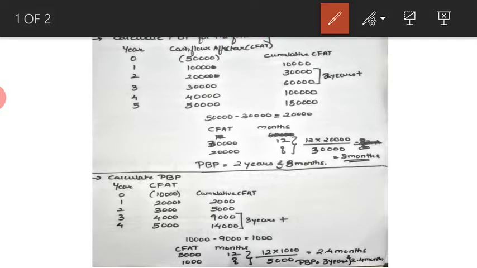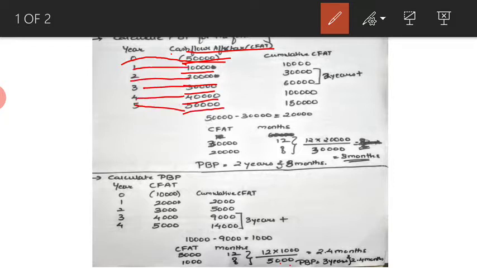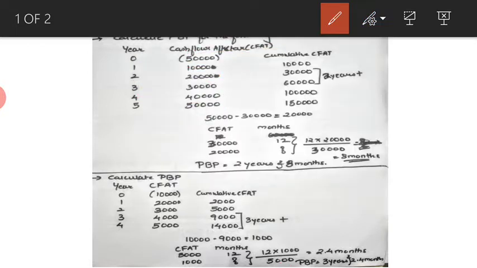Okay. Year is given 0, 1, 2, 3, 4, 5 and cash flows after tax are given, that is minus 50,000. So yesterday we have discussed what is this minus 50,000, that is for the 0 period, means it is initial investment, that is a cash outflow. Then 10,000, 20,000, 30,000, 40,000 and 50,000 are the cash flows respectively for year 1, 2, 3, 4, 5. So first thing what we do is, first of all, the cash flows are not uniform, so we cannot use the formula. So we have to go ahead with calculating the cumulative cash flows.